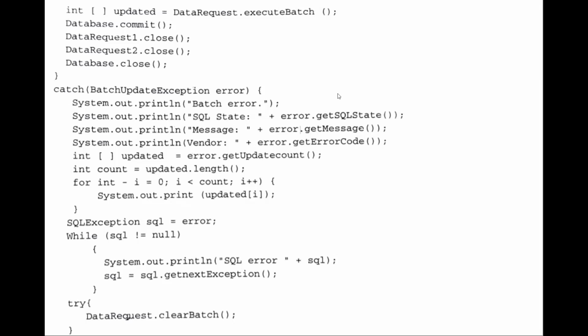Here we can print all the details we want regarding that exception, including the error codes. For this, we use error.getUpdateCounts(), which tells how many statements were updated. Again, this will return an array, so we can just iterate over it and print it.